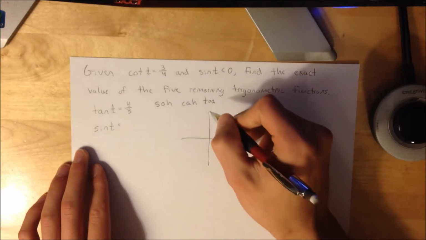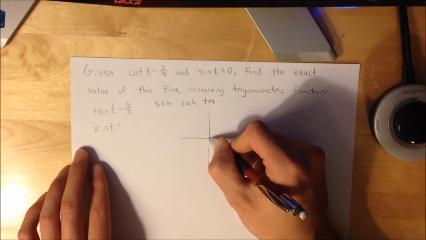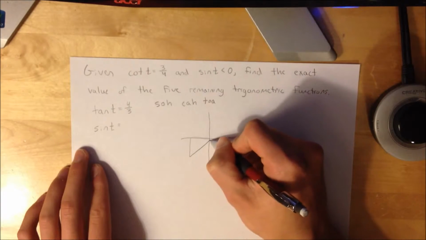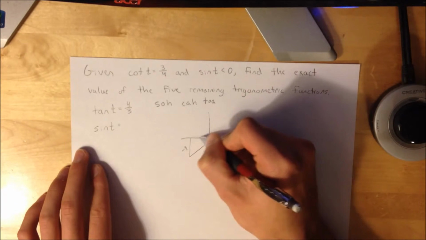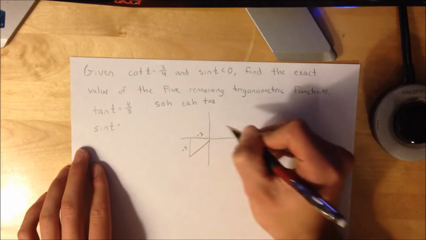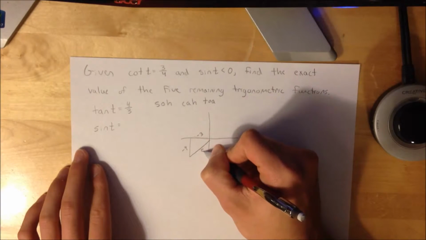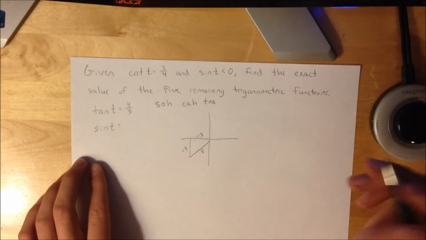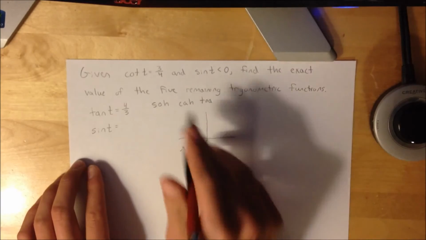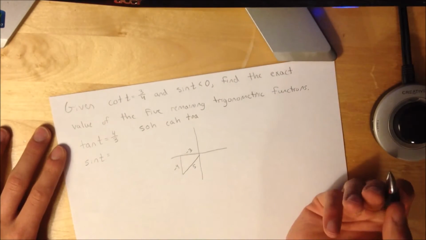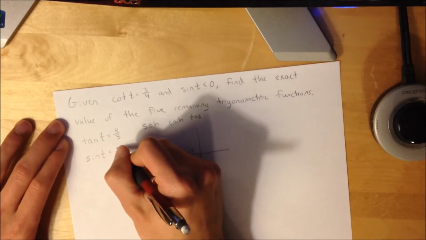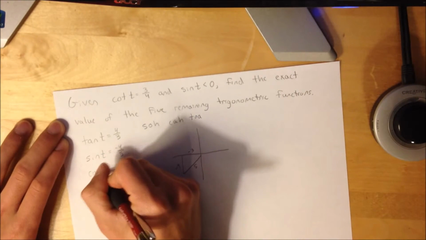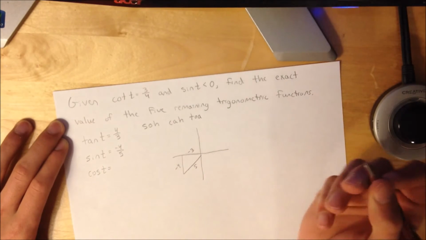So, I know that these values actually are, they're going to go like this. So your outside is a -4, your adjacent's a -3, and then right away I know your hypotenuse is a 5 because this is a 3, 4, 5 triangle. So now knowing this, I can figure out the sine of t. It's your outside over hypotenuse, so it's going to be -4/5. And then the cosine of t, just your adjacent over hypotenuse, so